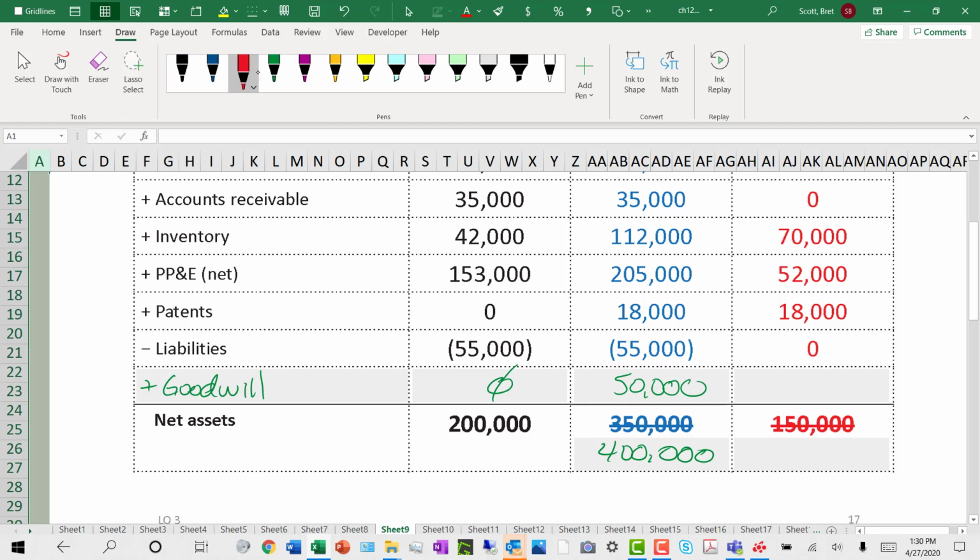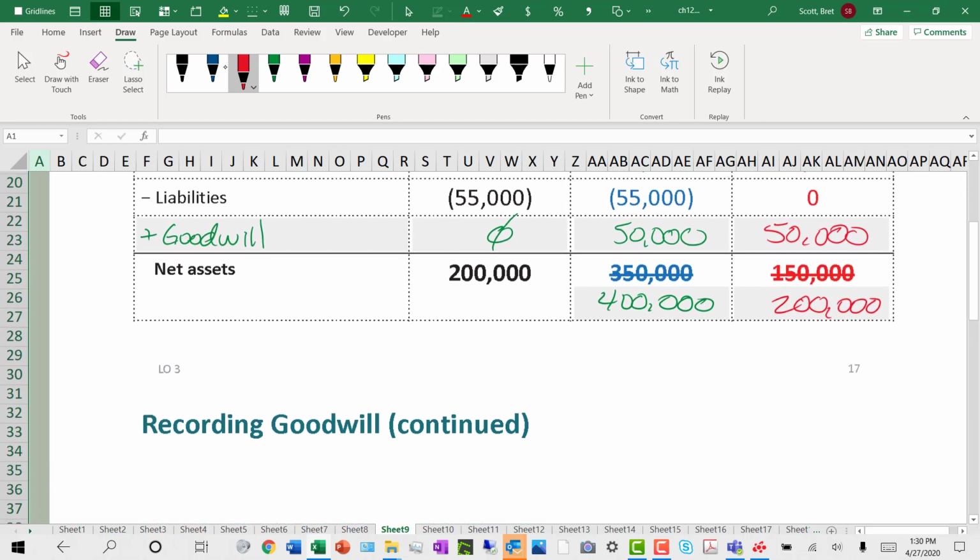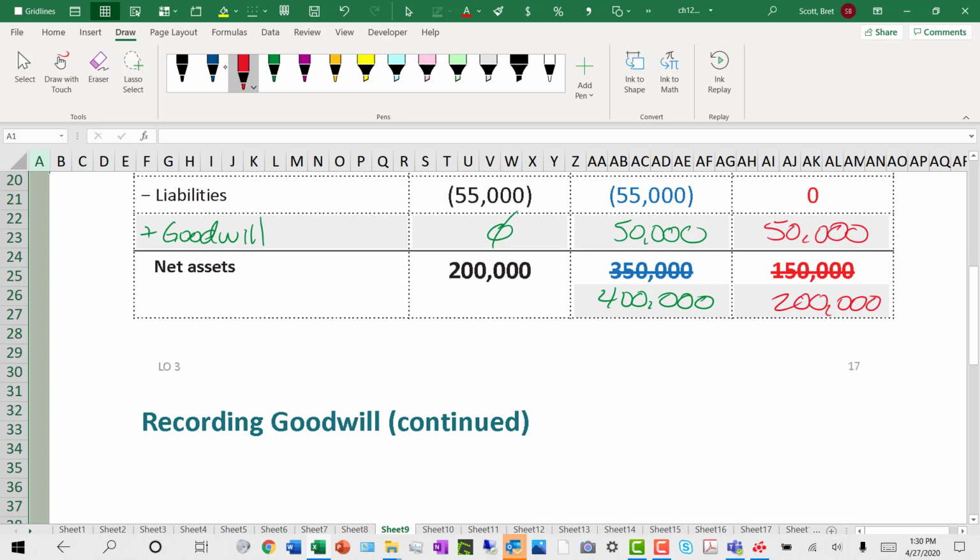So we're paying an extra $50,000 on top, and we're saying that basically the book value of $200,000, another $200,000 is being added on top of that to account for the fair market value adjustments of the net assets, as well as a kicker of goodwill. So why pay an extra $50K? Okay. Well,